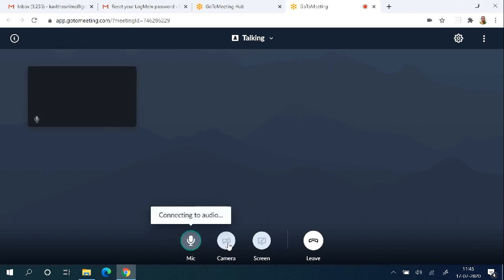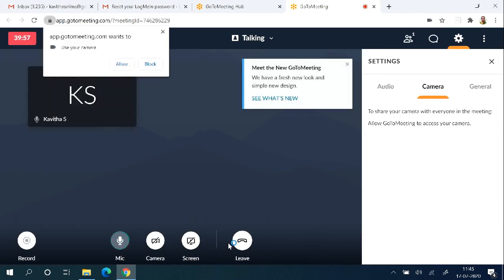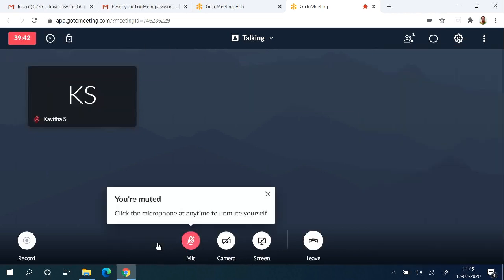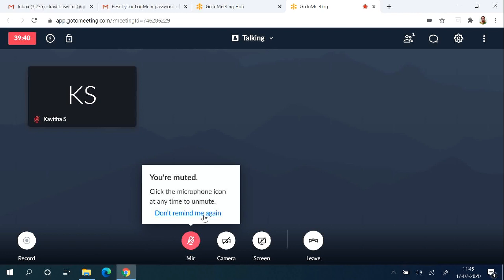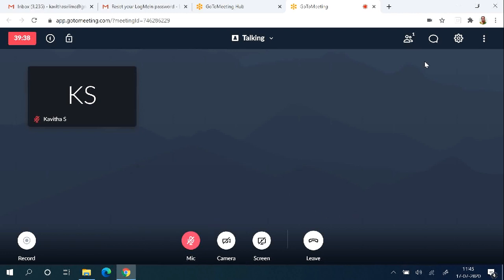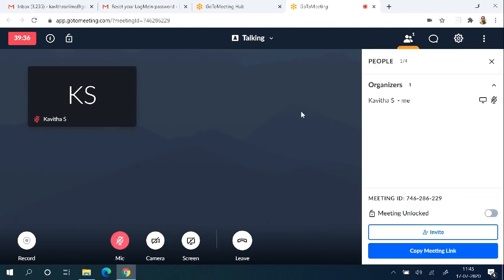This is your mic, and if you want to switch on the camera, you can, otherwise you can keep the camera off. These are similar to our Google Meet. You have all the participants here, and you can invite, and anytime you want to lock the meeting, you can lock it. You can invite people by copying that meeting link, give it to them, and ask them to join the meeting.